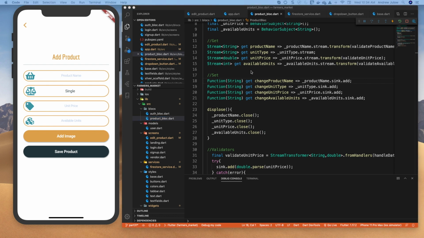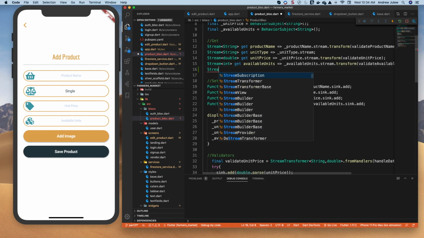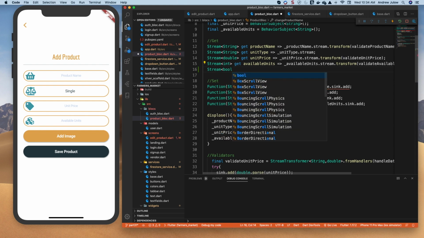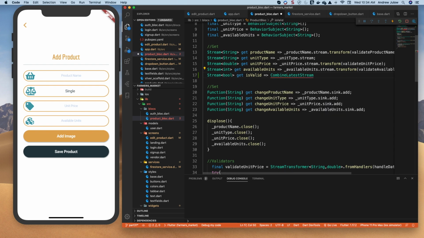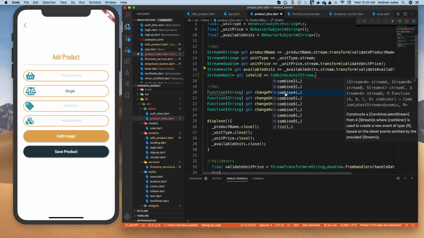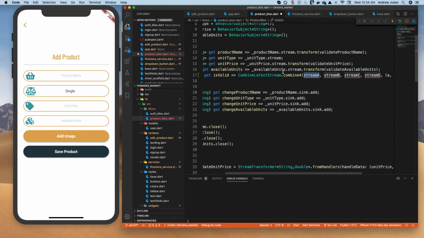And we don't need to create it up here. We can just create a getter for it. And we're going to create a stream which has a Boolean, and it'll be a getter, and we'll call it isValid. And for this, we're going to use RxDart's combine latest stream, and we are going to combine 4 of them. So we're going to take all 4 of these streams and ask this function to figure out if they're valid. And so we want to give it product name,